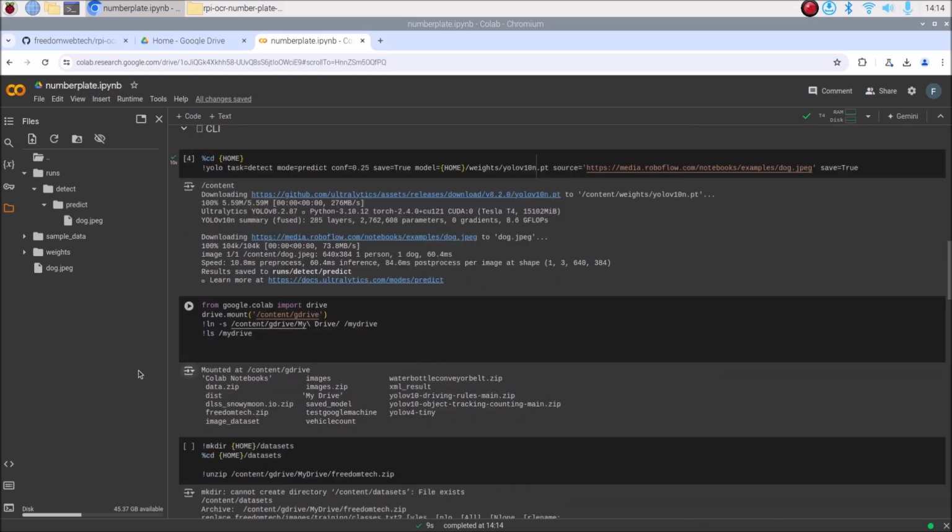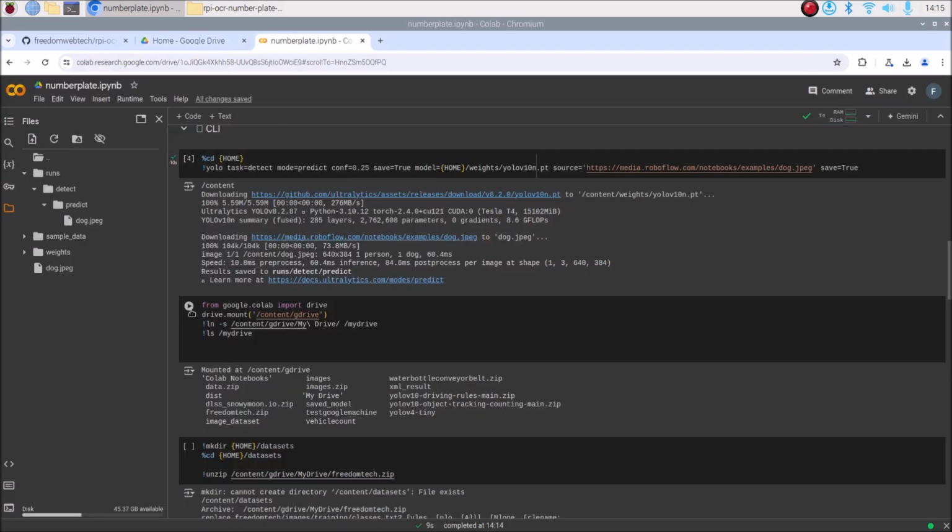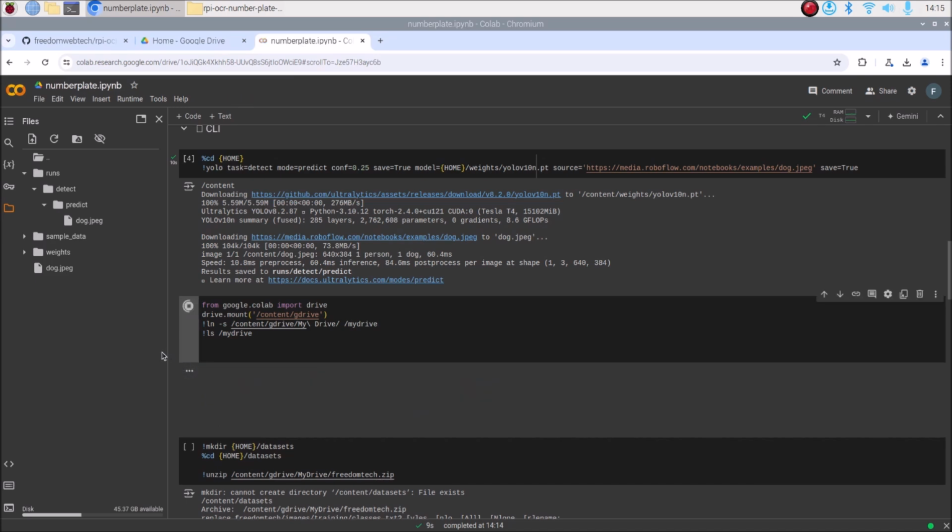So now we are going to mount our Google Drive. If I just go over here, as you can see, the freedomtech.zip upload is completed, which means we successfully uploaded our .zip format freedomtech.zip on our Google Drive. So let's mount our Google Drive. Just click on the next cell,